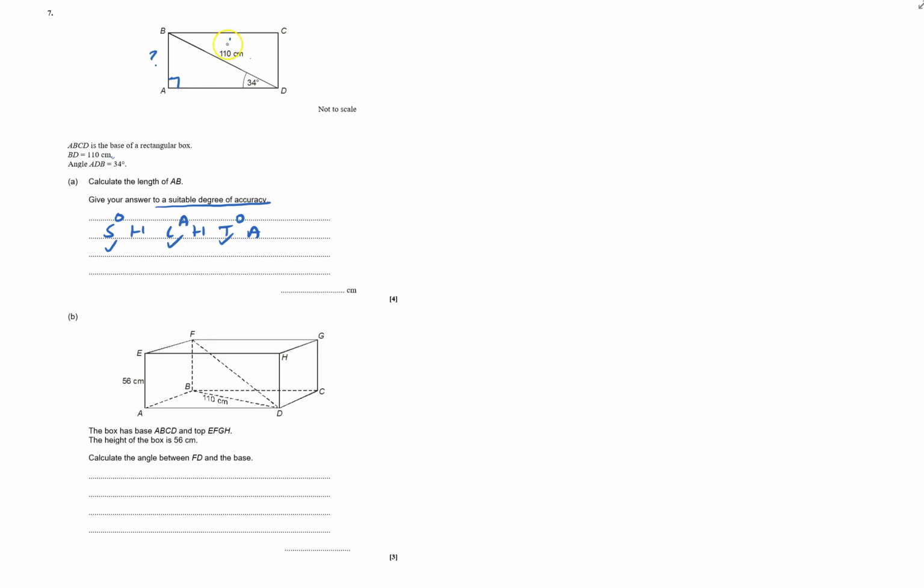And what have I got? It's the hypotenuse. This one will be opposite the angle I'm talking about, and the other one's the adjacent. So I know the hypotenuse, and I want to find the opposite. So it's this one, and that will tell me that the opposite equals these on the same level, so it must be times. So sine, always put the angle with it, 34 times by the hypotenuse, 110, and that equals